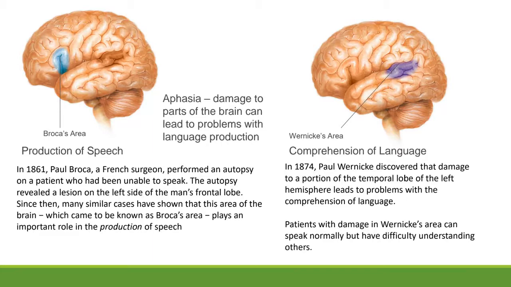So Bruce Willis, for example, has aphasia, but they haven't actually said which type of aphasia or which area of his brain is damaged, whether it's production of speech or comprehension of speech. It could be both, but that could be quite an interesting thing to follow, and understanding what you've learned in this area to see how that problem could occur. So if you see a patient and they're unable to speak properly, then it could not necessarily be a psychological disorder. It could be due to damage to a part of the brain that is enabling language production.